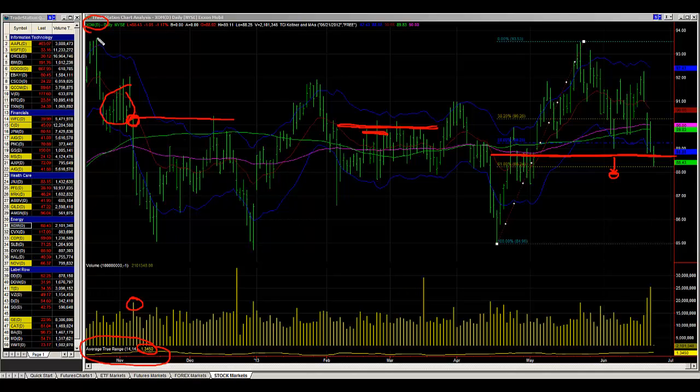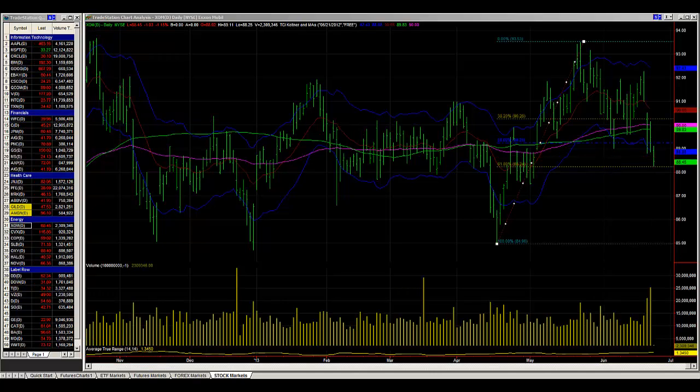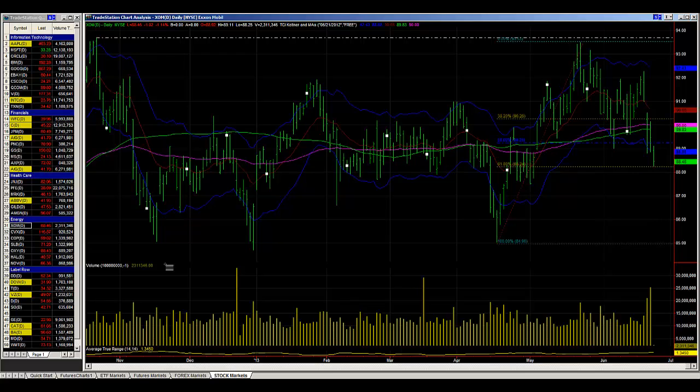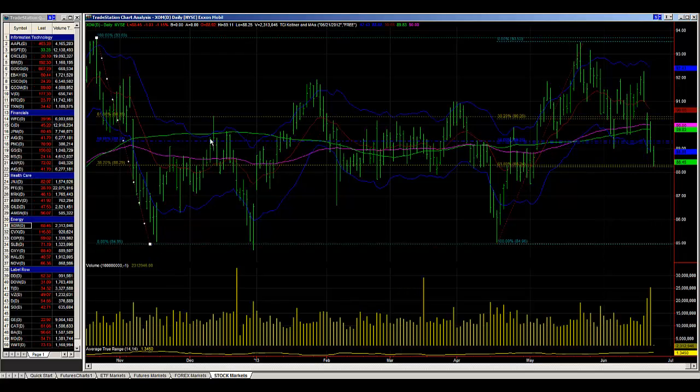If you draw your fibs from this high down there, that might fall right... yeah, that's right on the 62. So here's another great example of using just the price action itself.